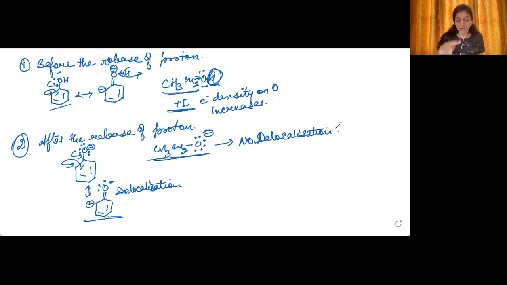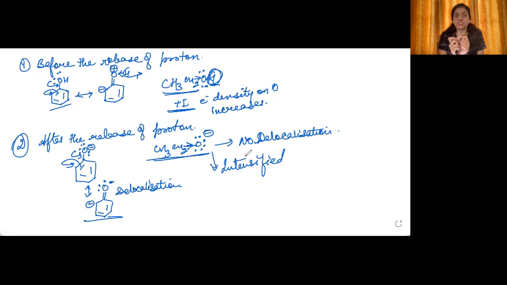At the same time, what is happening? There is plus I effect of the ethyl group. Due to the plus I effect of ethyl group, the negative charge on oxygen is getting intensified. It actually needed to stabilize the negative charge by delocalization, but instead of stabilizing it by delocalization, it is actually